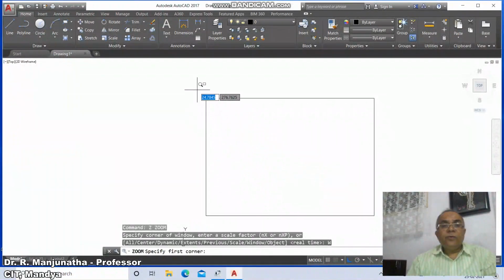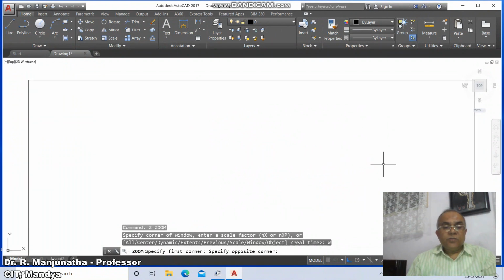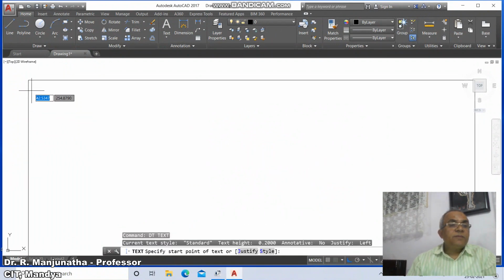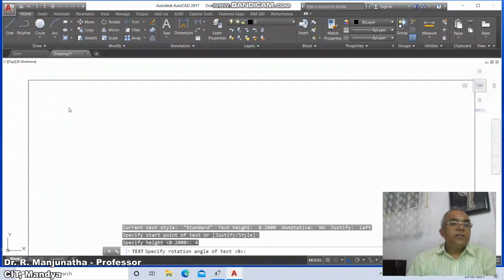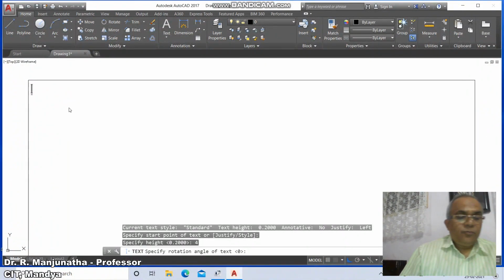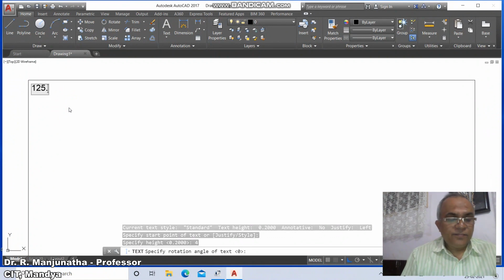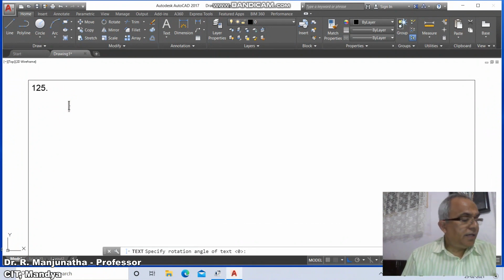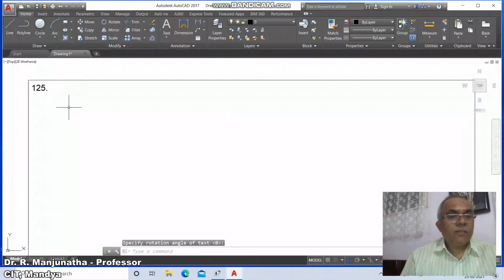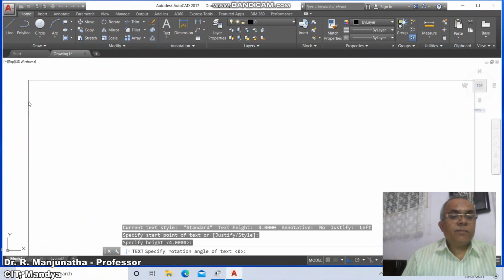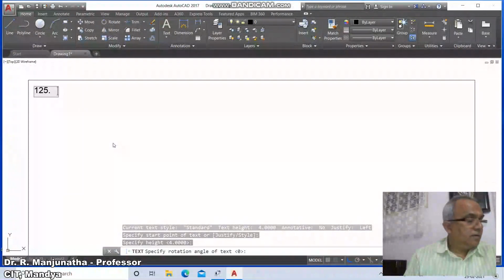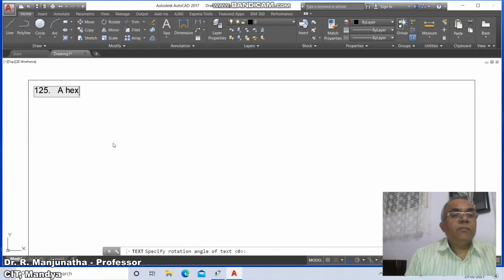Then go to zoom window, go to D-text, specify start point of text, select some point and take the height as 4, then the rotation angle as 0 and type 125, the problem number. Then go to A, then go to D-text and take 125, a hexagonal lamina